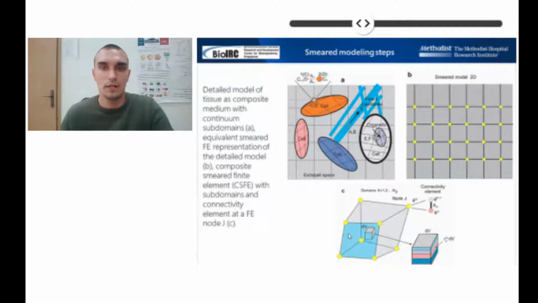This approach requires, in general, a significant effort to specify all internal boundaries between domains, if they are visible. And therefore, it is desirable to have simpler models which take into account media complexity, but with satisfactory accuracy. Now, to introduce the SMIR methodology and its purpose, we first consider a detailed model given on this figure A as a composite medium,